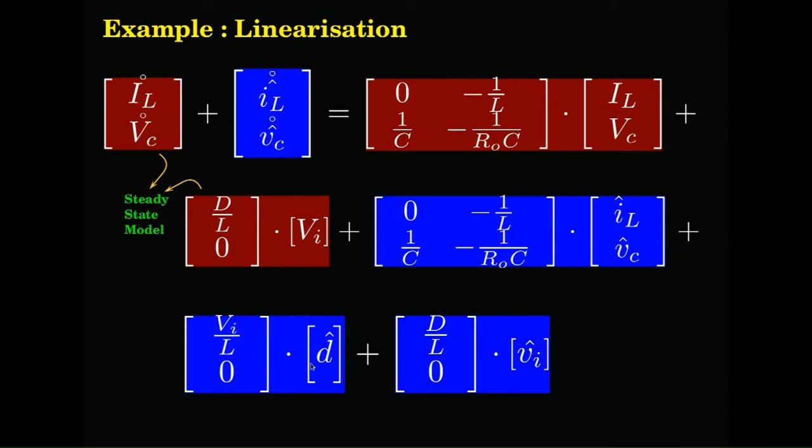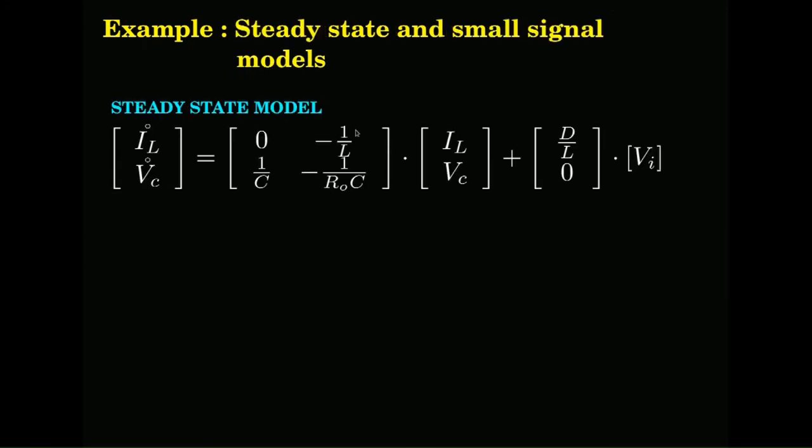Okay. Now, there is a d hat term and a Vi term, okay, which will go along with this, right. So, this is your small signal model in blue, and this orange-red ones are the steady state model. So, this is the small signal model, and if I split them, the steady state model is like this. Will you use the steady state model anywhere? Where?